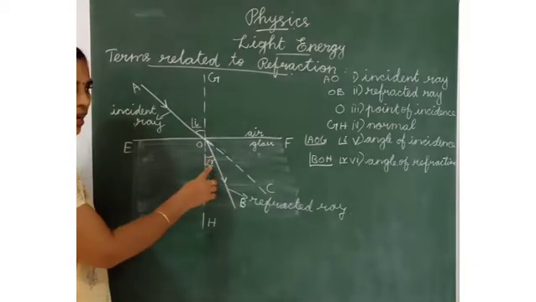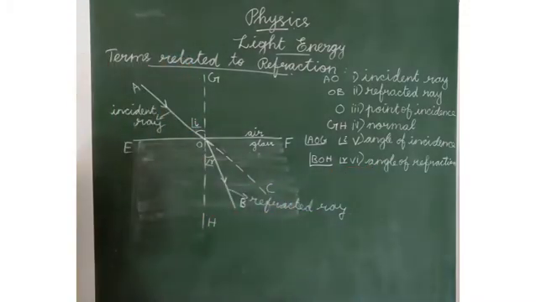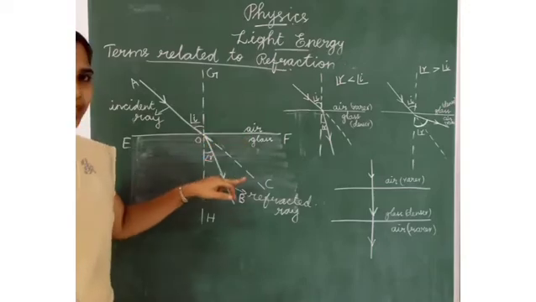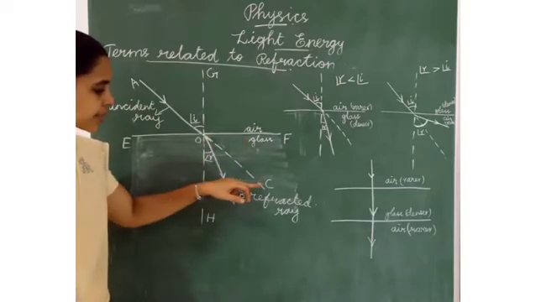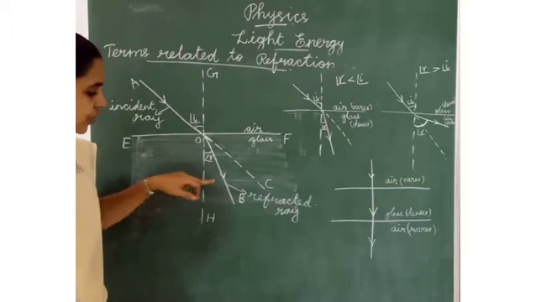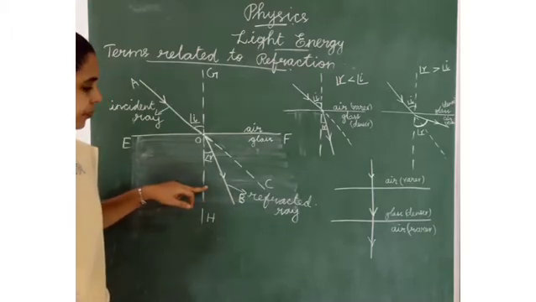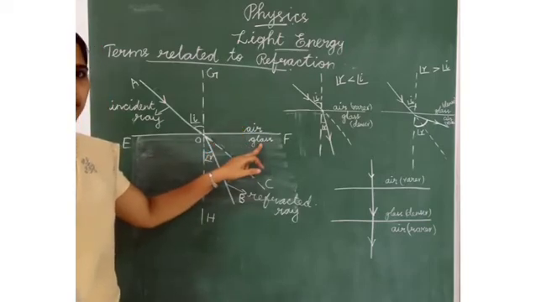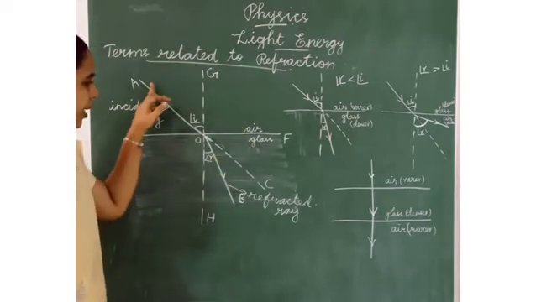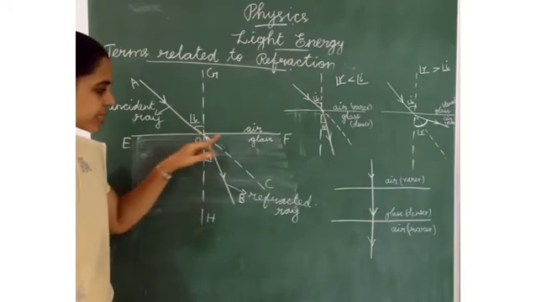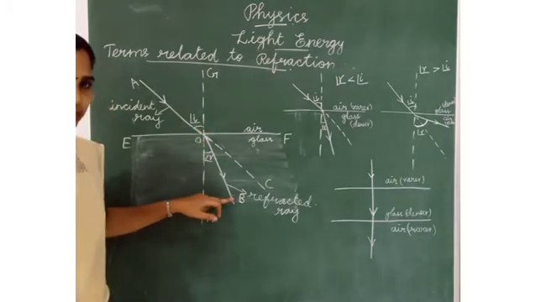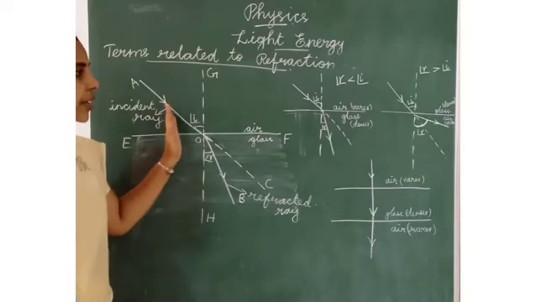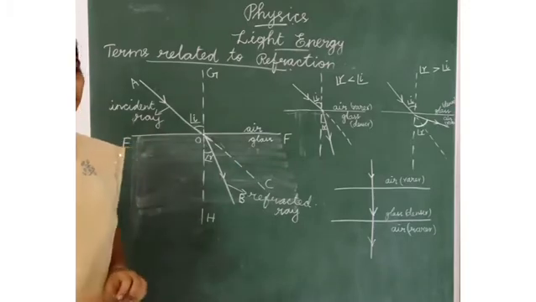BOH, or angle R, is the angle of refraction. The line AC, after touching the second medium, the refracted ray bends towards the normal, because air is the rarer medium and glass is the denser medium. So when the incident ray touches the second medium, the refracted ray bends towards the normal. From here we can know some rules of refraction.